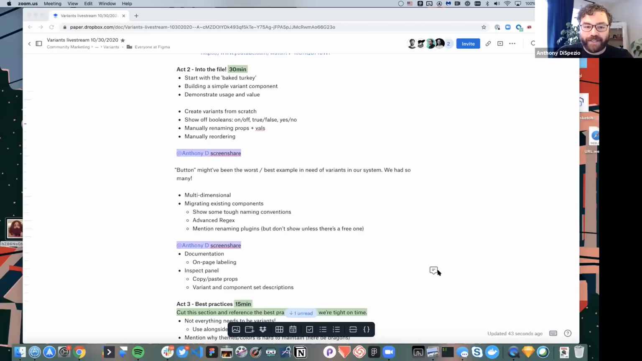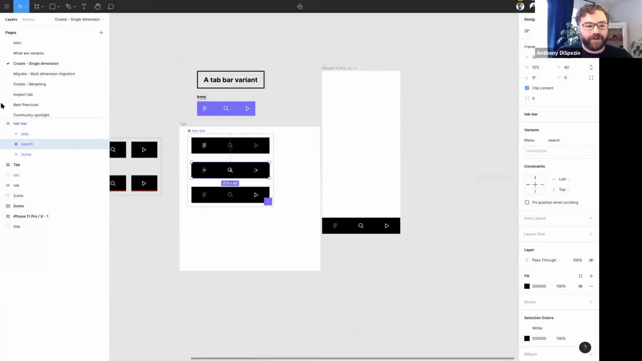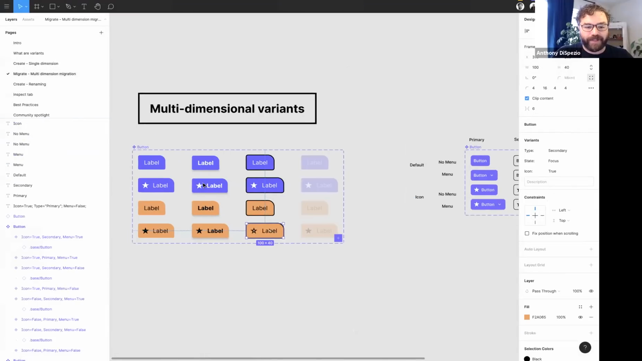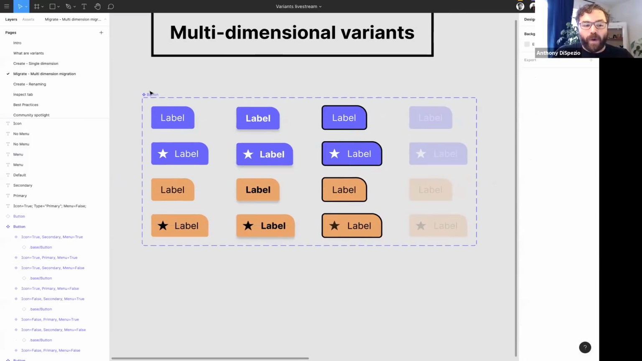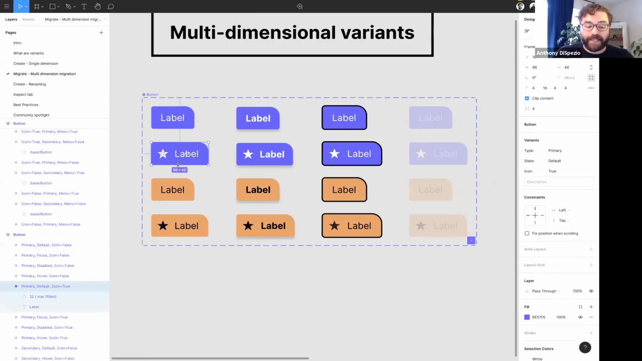Yeah. There was another question I saw come in just around how did I do the descriptions on the components? So that is just using the component description field. So if we come back to, let's just grab one of our examples here. When you select a component, and remember, it has to be the main component. It can't be an instance. So if you select a main component, in this case, a variant,